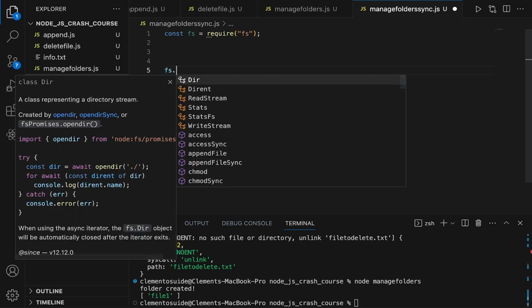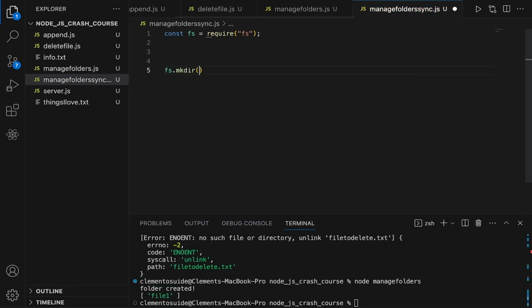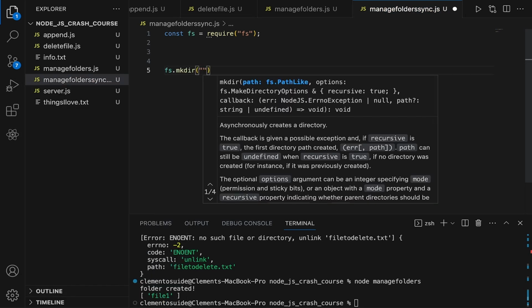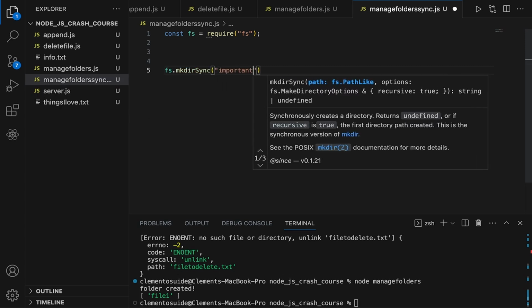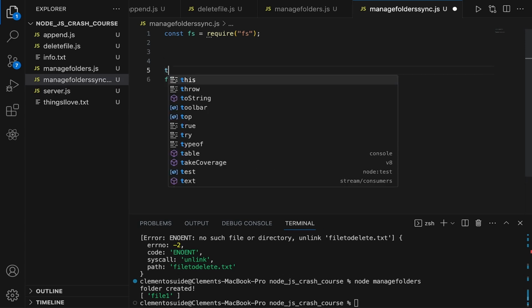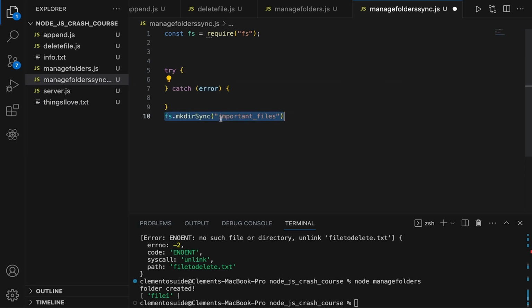So we'll say fs.mkdirSync, which is making a new directory. This is going to be sync, of course. I'm going to call this directory important files. And this should be in a try-catch block, of course. I'm going to put this in a try-catch block. And if there's an error, of course, I want to say